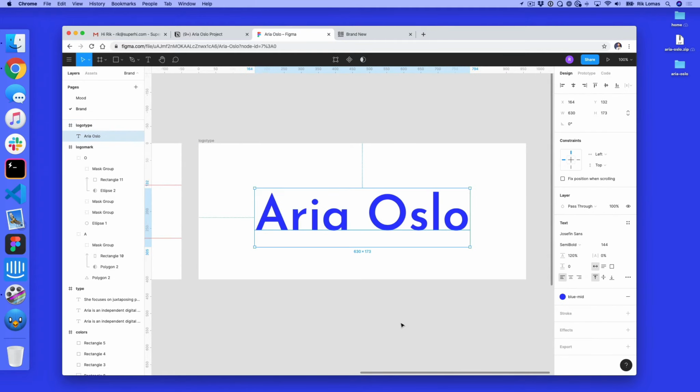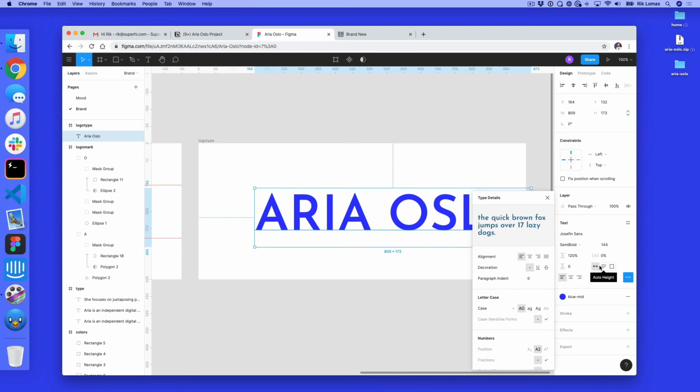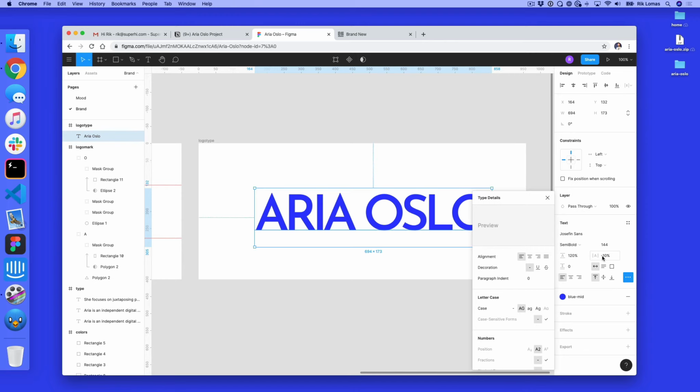Perfect. And now what I can do is play around with some of this type as well. Maybe I want to make it uppercase. So how would I make it, for instance, uppercase? Well, in here I could just literally write it as uppercase. I can also change some of this stuff using more options. So for instance, I might want to make it all uppercase like this, change some of the spacing between some of the letters, so maybe make it a little bit tighter, for instance. So again, I can just go in here, make it minus 10%, a little bit too tight, maybe minus 5,